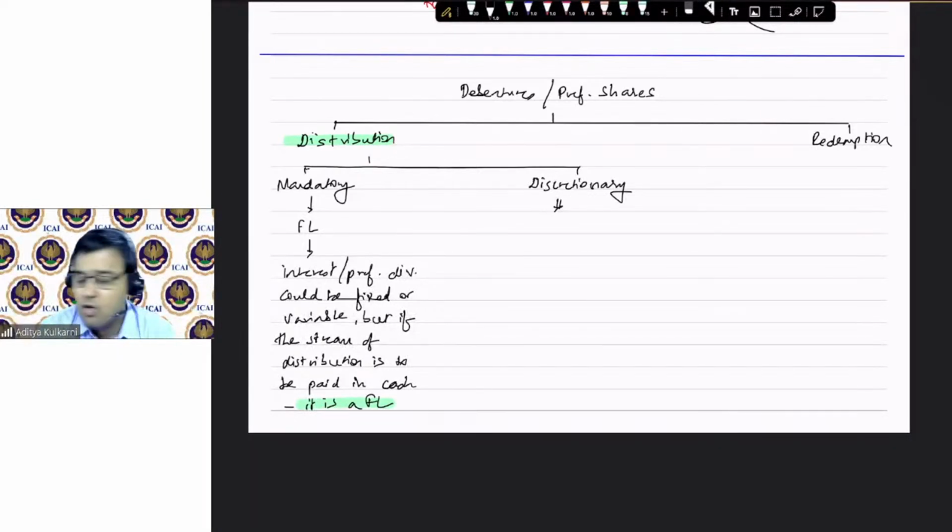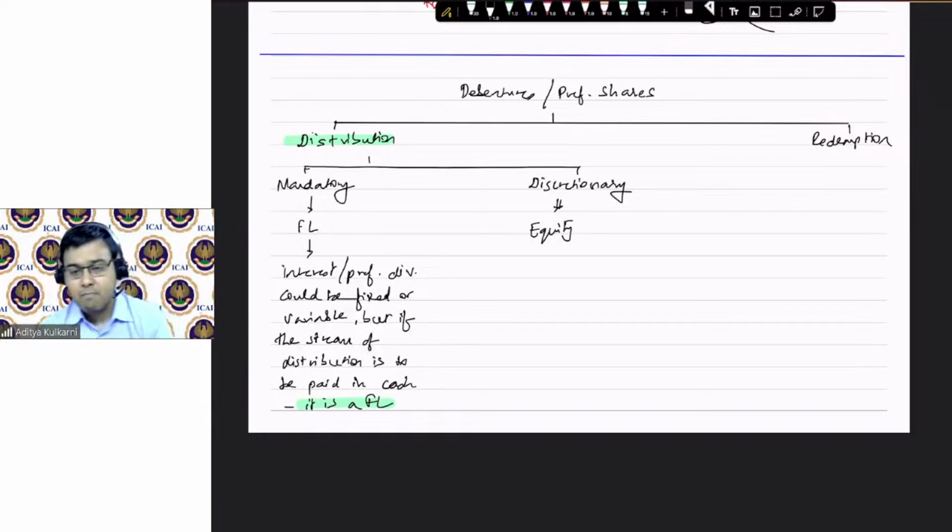Answer is no. Do you have a contractual obligation to pay the dividend? Again, the answer is no. And if there is no obligation to pay the interest or to pay the dividend, then you don't have a contractual obligation. So will it be a financial liability? Answer is no. In such a case, the distribution portion ends up being equity,